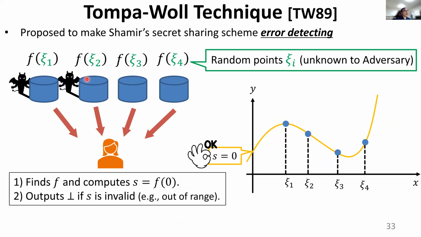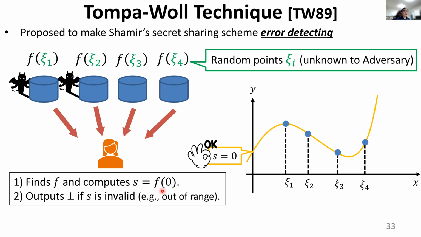To solve that problem, we make use of the Tompa-Woll technique, which was originally proposed to make Shamir's secret sharing scheme error detecting. That is, it is possible to detect errors if some of the shares are modified when reconstructing a secret. Recall that in a standard Shamir scheme, each share is a value of a function f on some point. Their key idea is to define shares as values of a polynomial f on random points. Their reconstruction algorithm is similar to the standard scheme. That is, when reconstructing a secret, the client collects shares, first computes the interpolating polynomial f from these values, and outputs